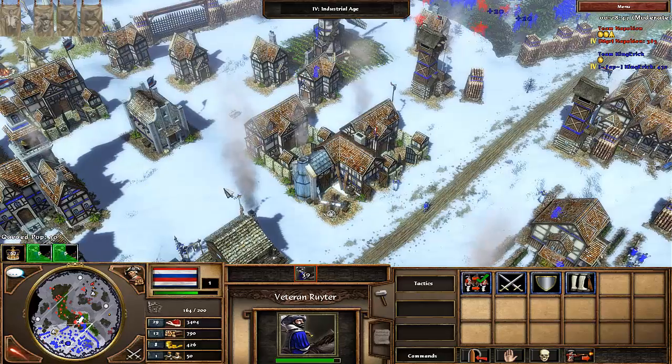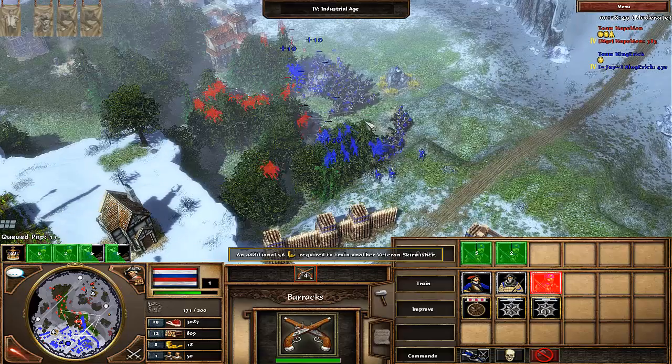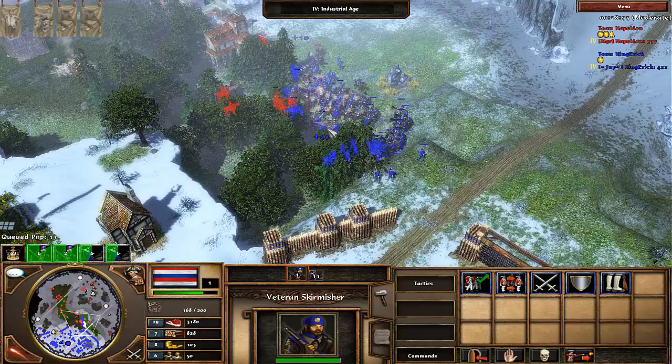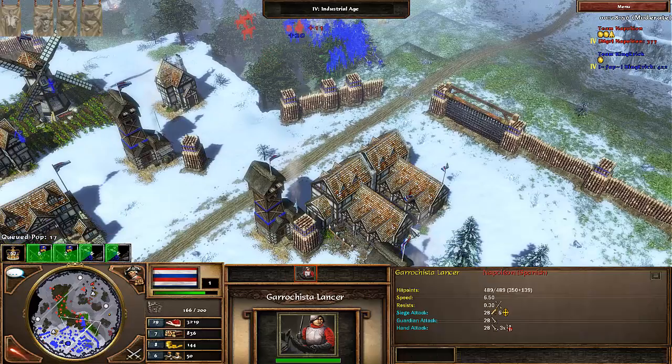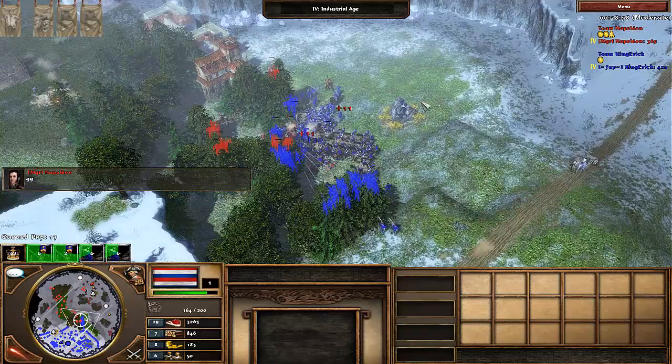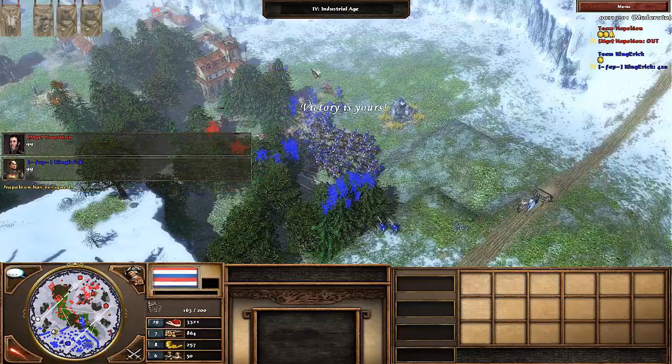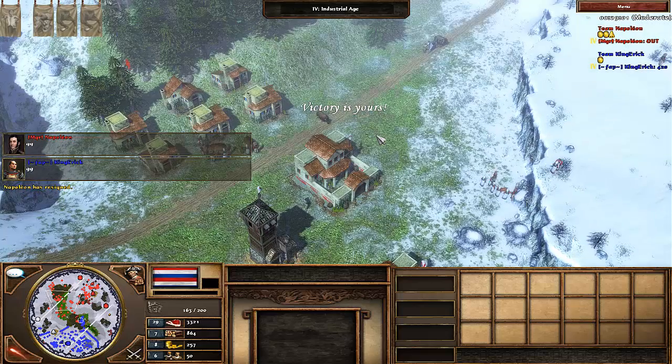My skirmishers here have just absolutely decimated his infantry. Heavy infantry versus skirmishers with a 3x bonus. And we resoundingly defeated him. He's going to choose to resign because there was nothing he could do. And I sat on pins and needles in that one, but we managed to win at the end by just turtling up,